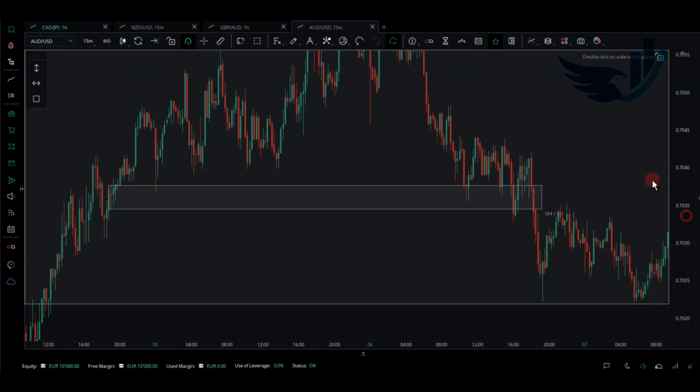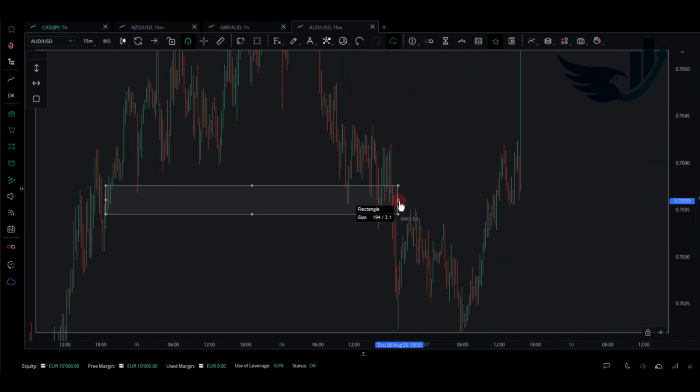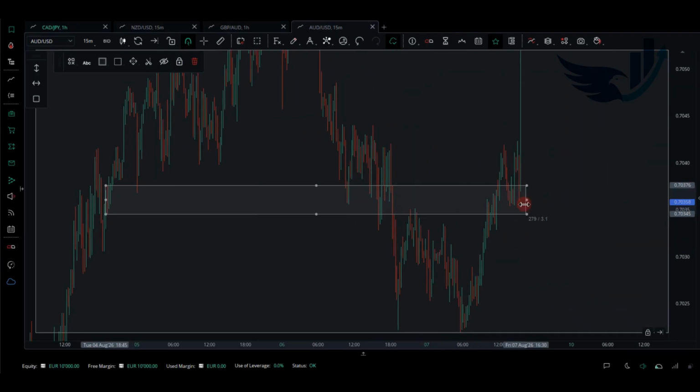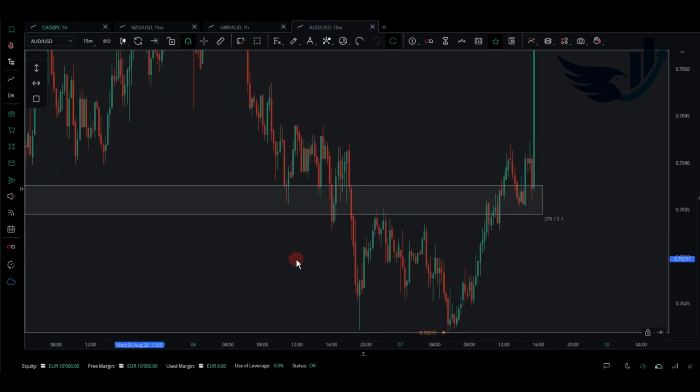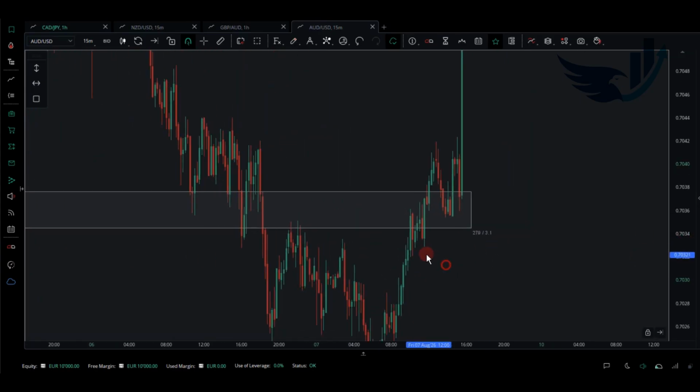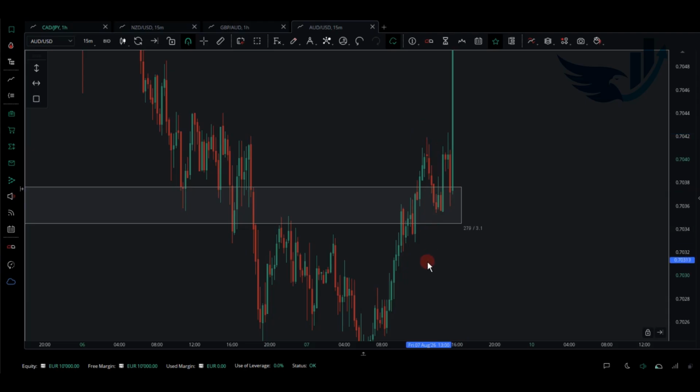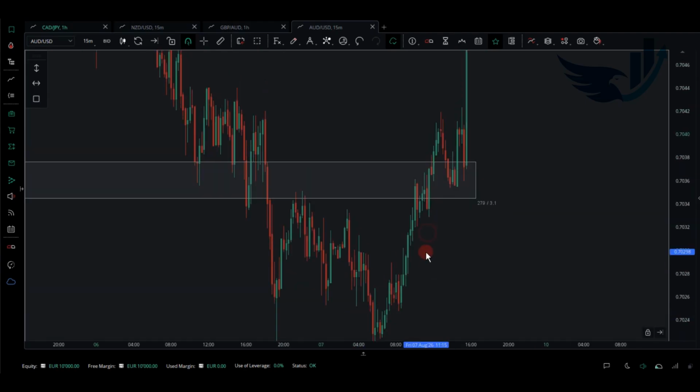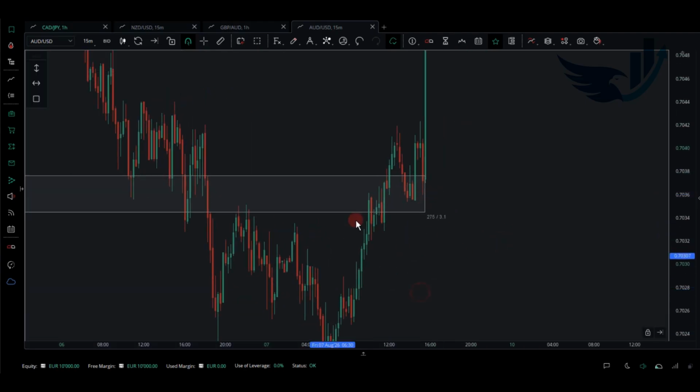As the third step of the strategy, you have to extend the box, and in return, you have to take the first and the second touch, right? After the lowest low. Here, if I take the first touch,